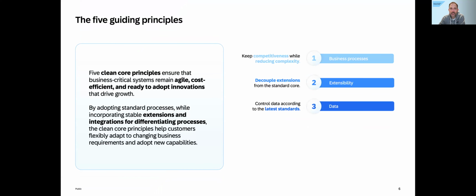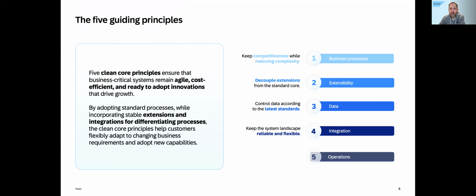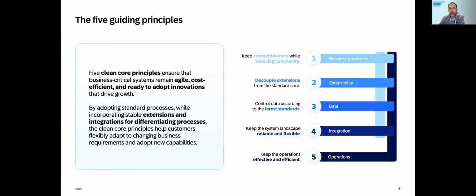This slide should also be familiar to you, where we depict each of the 5 Clean Core principles that define the Clean Core topic. You can see the theme, the ambition. We want to ensure that in your organizations you can keep the competitiveness, in the sense that you can deviate from SAP standard as it comes out of the box, out of a delivery basically to you.